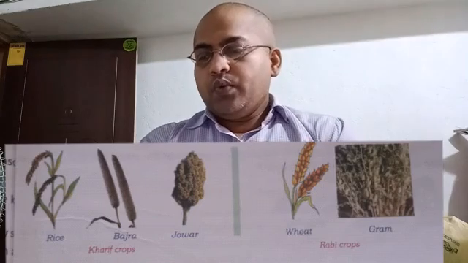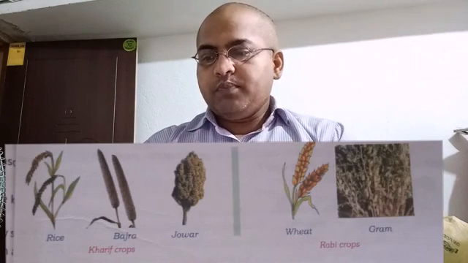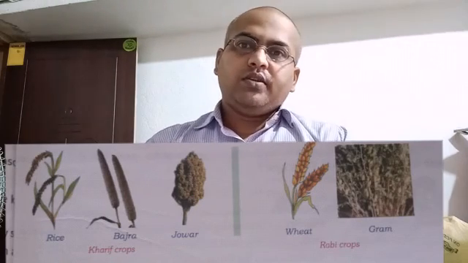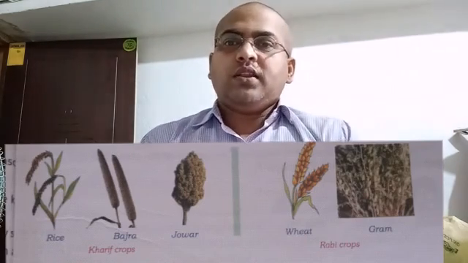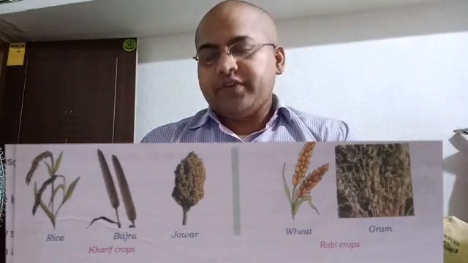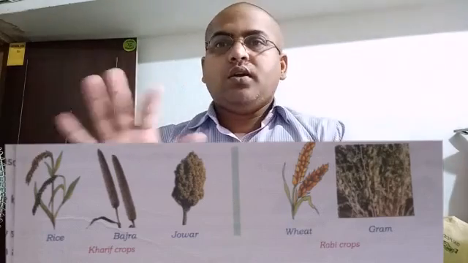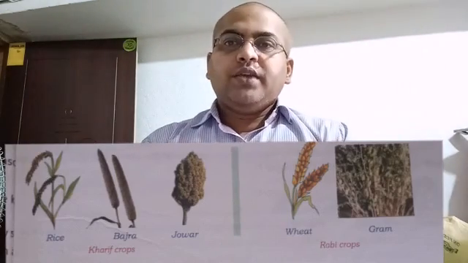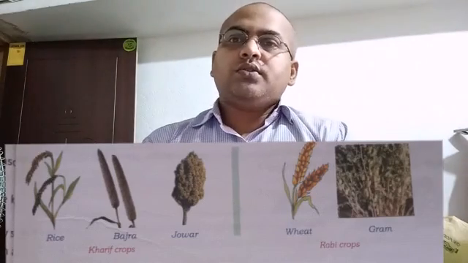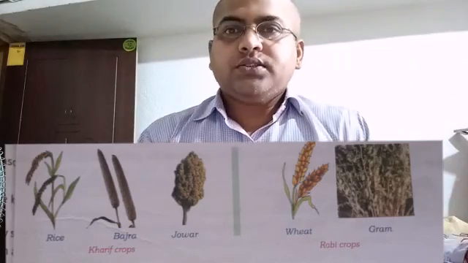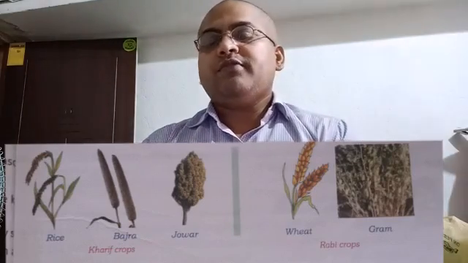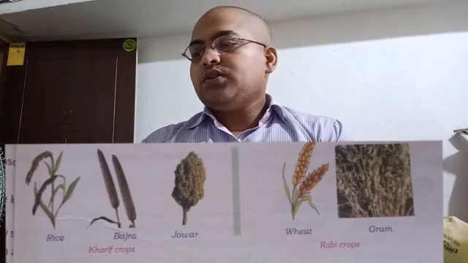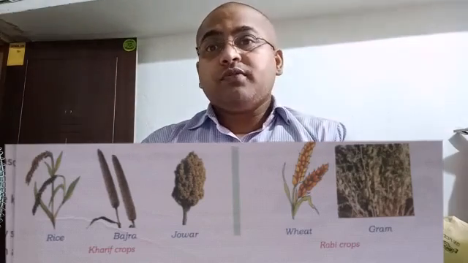Next question, which factors affect the growth and development of plants? Explain briefly. So the factors that affect the growth and development of a plant. First comes the soil. Different plants need different types of soil for their proper growth. Then comes the climate. If climate varies, plants will not grow. Like in desert, cactus grows. In mountain regions, different types of plants like deodar, fir, pine grow. So different climates, different types of plants grow.